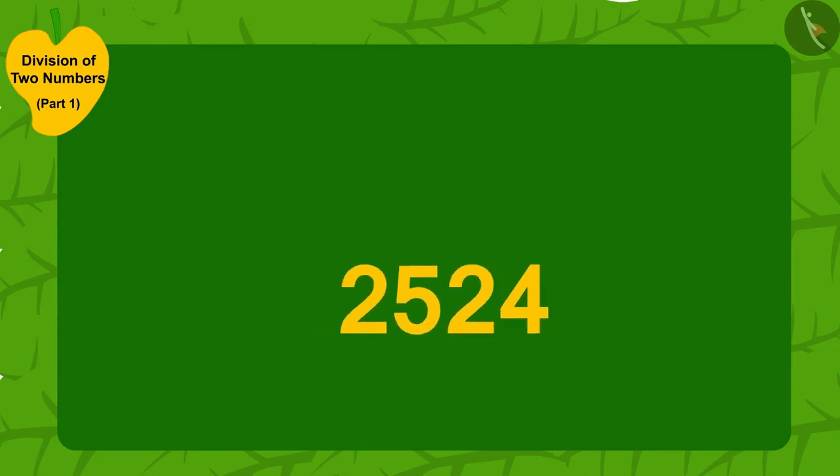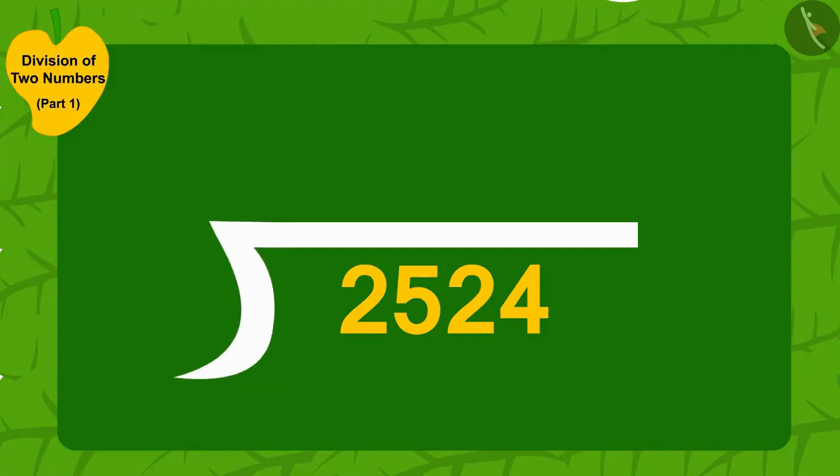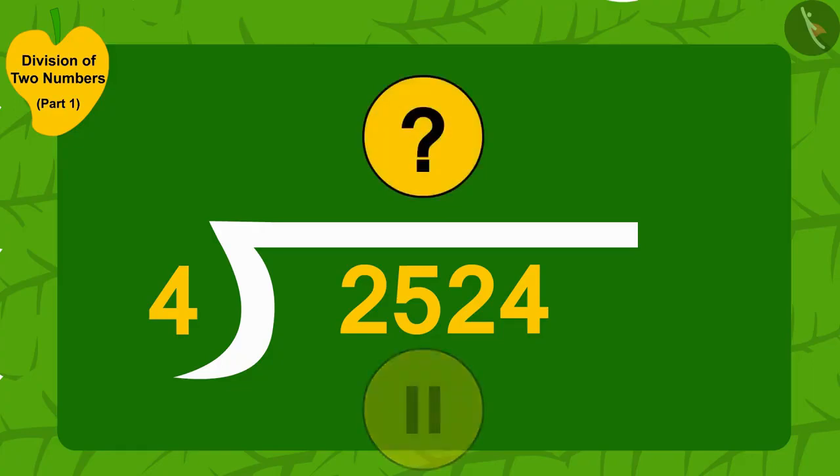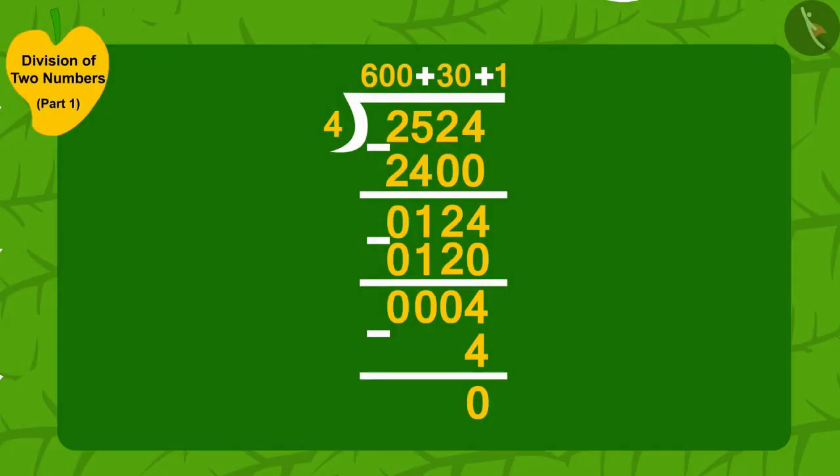Children, if Barbole uncle had 2,524 mangoes, could you use the same process of division learned now to find out how many villagers he would be able to distribute 4 mangoes each to? If you want, you can stop the video and find the answer. We can find out by doing division in this way, so that uncle can divide 2,524 mangoes into groups of 4 mangoes and divide it equally among